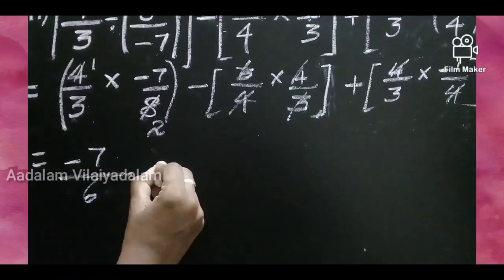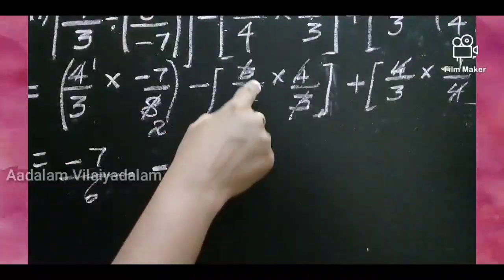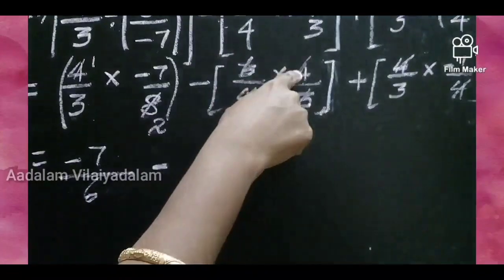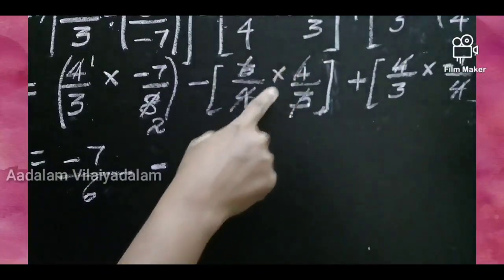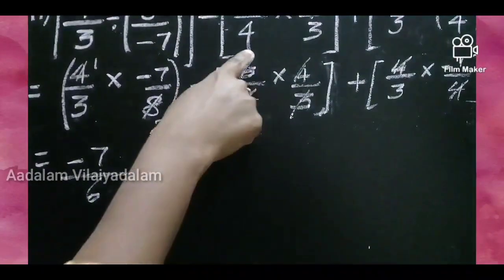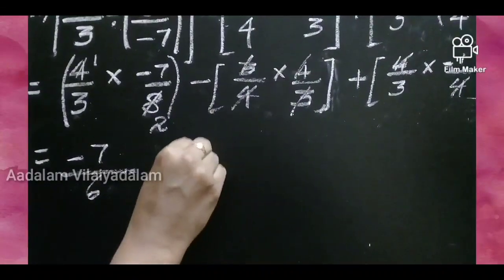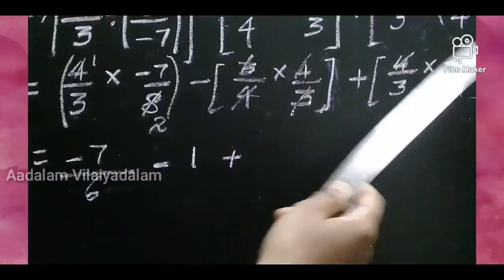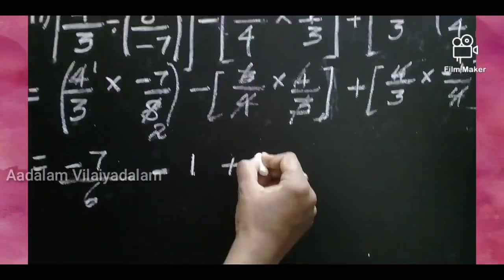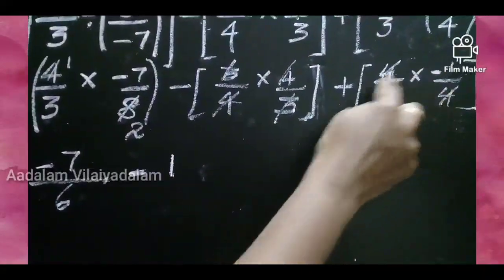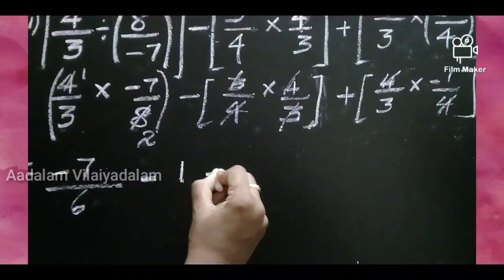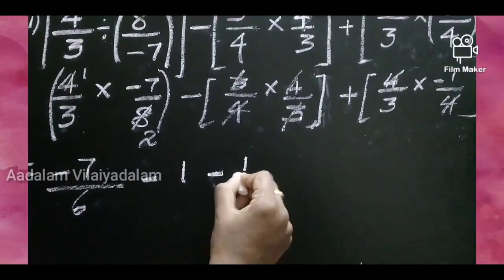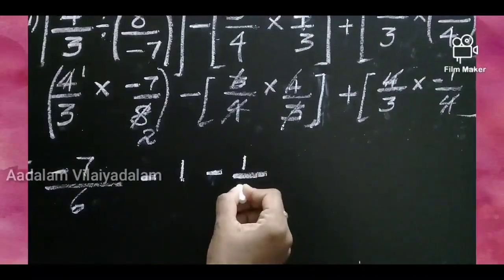Second one, minus is the first, write the minus value. Here what is the remaining number? Remaining numerator value also 1, denominator also 1. So 1 divided by 1, the answer is 1 only. The last one, here plus into minus, minus, so numerator 1 only, minus 1. So minus is there, here also plus into minus, minus. So minus 1 divided by denominator value is 3.